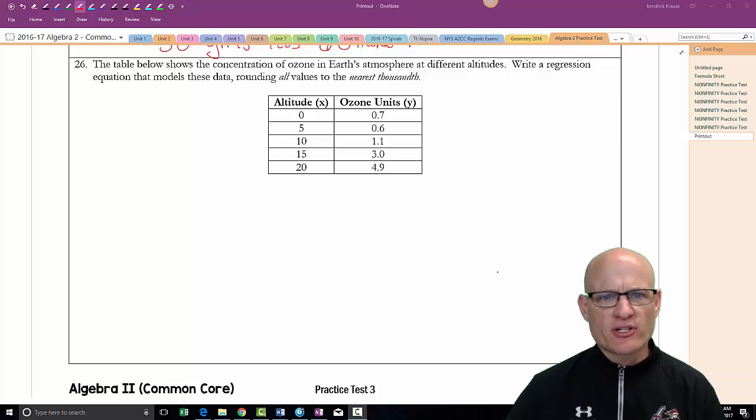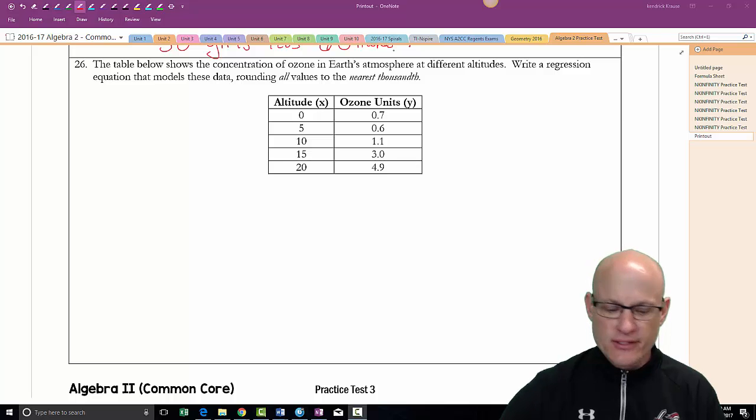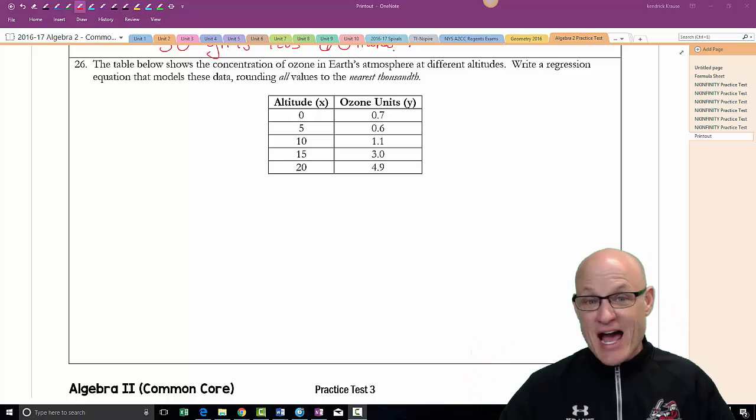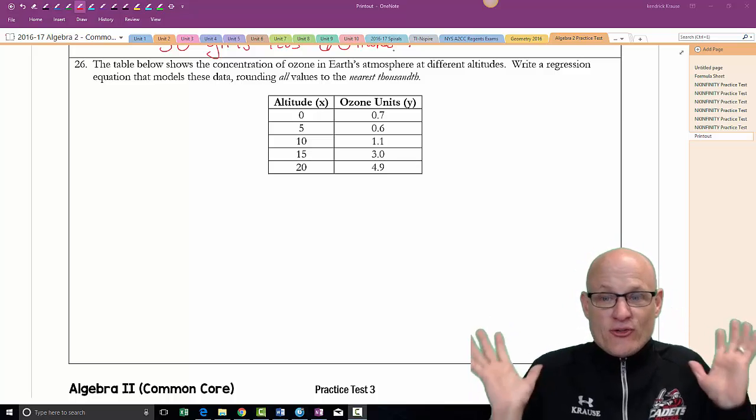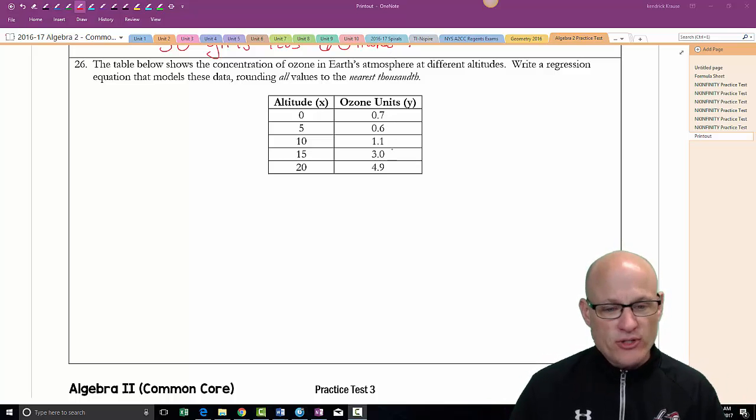All right, the table below shows the concentrations of ozone in the Earth's atmosphere at different altitudes. Write a regression equation that models this, to the nearest hundredth. Now, write a linear regression? No. Write an exponential? I don't know. Okay, so again, how do I know? There's no way to do this without punching this stuff in and getting a look at it